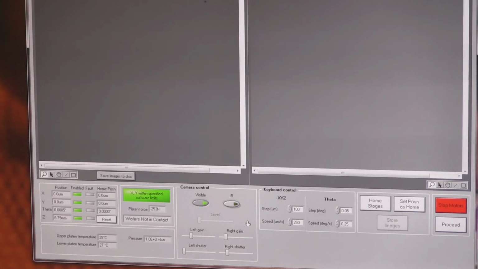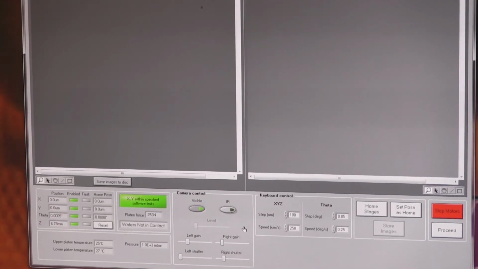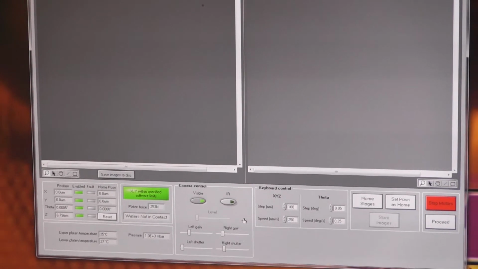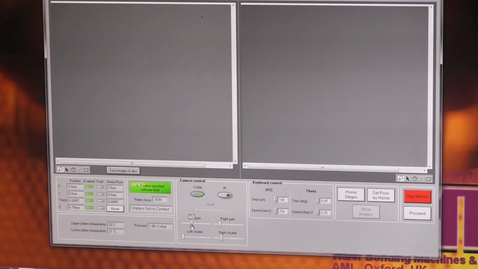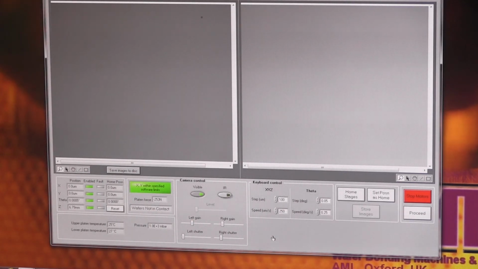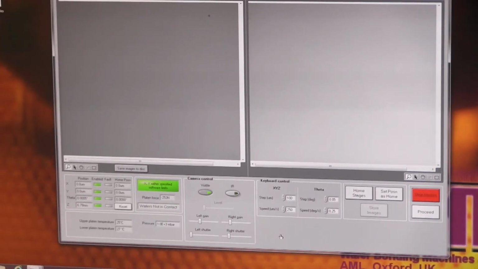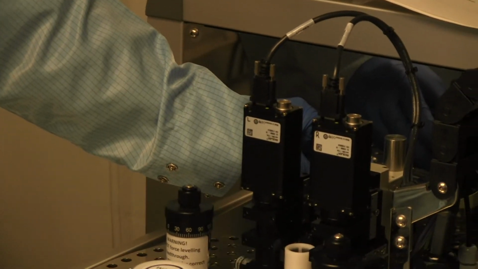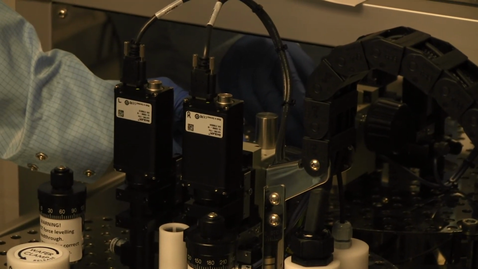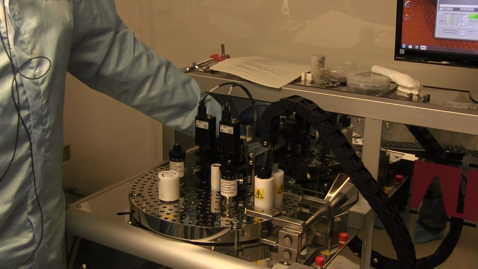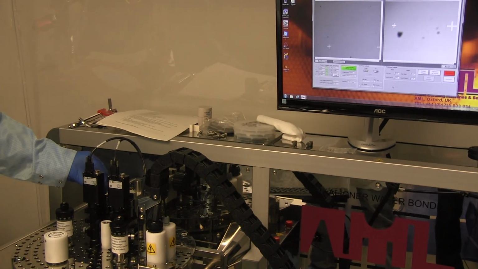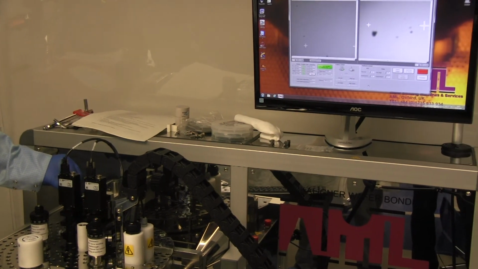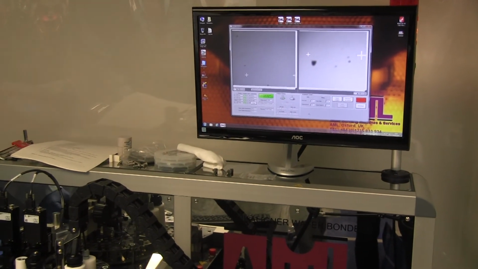At the moment I've got a glass wafer on the upper platen and a silicon wafer on the lower platen, so I can use visible light to look at that. We've got these sliders for controlling the gain and the shutter to improve the contrast. Then we can try and move this microscope to focus on something. So there we have some rubbish on the wafer. And there we have some alignment marks. So we can move the cameras around